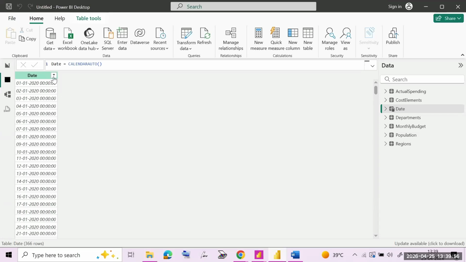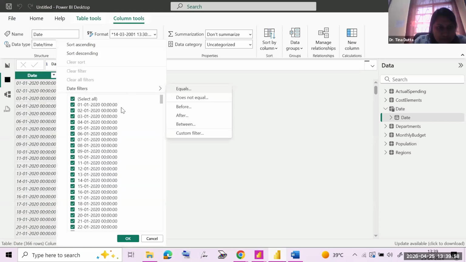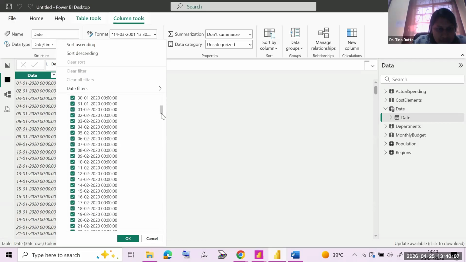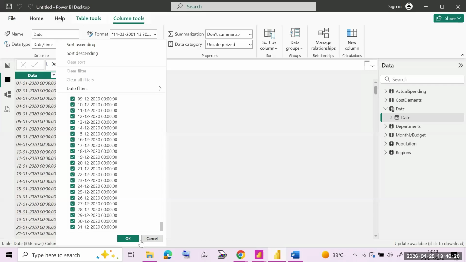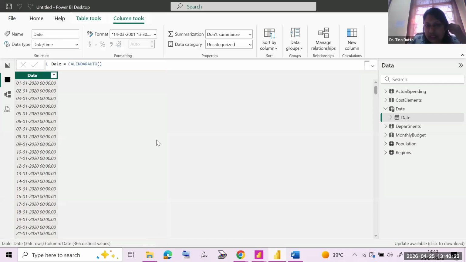You can check the values, how it is created. This is like 1st January, then 2nd January, 3rd January, like this, 7th January, and then March 2020. So all dates of March, and it is going up to 31st December 2020. So for each date, it is giving a calendar. Now, for our analysis purpose, our monthly budget data and actual spending data are available for each month. If you check that,